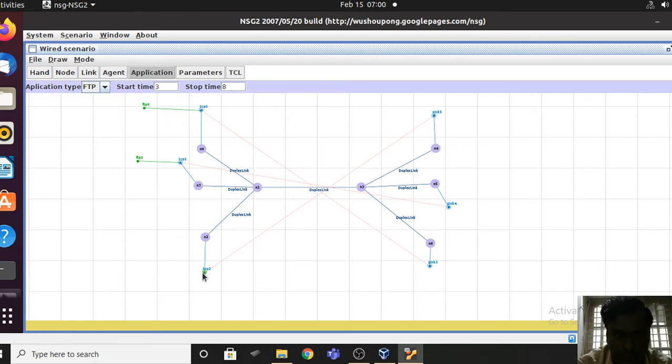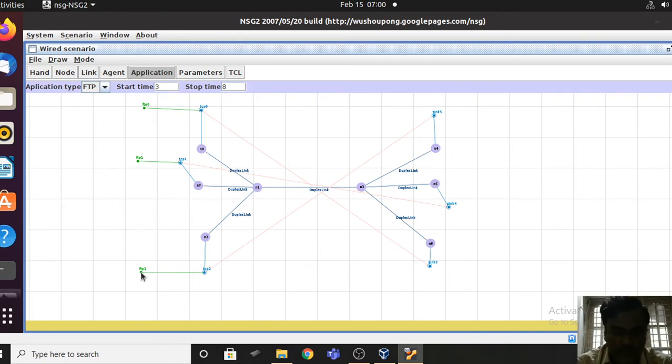So just take that and you can add. You are known that the start times for different data transmissions are different, but the stop time is same for all the different data transfers.